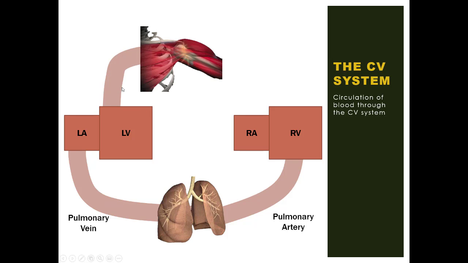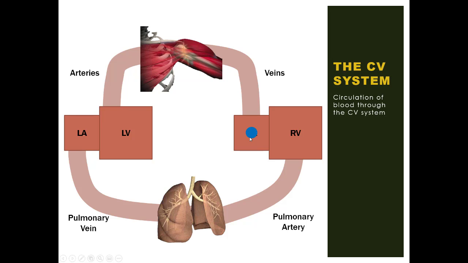More on this in a moment. Now we have more vessels here. We have systemic arteries, so arteries supplying blood to the rest of the body, leaving the left ventricle. And as we mentioned in the previous slide, the arteries will funnel into capillary microvessels surrounding tissue, like muscle as shown here. And then we have venous return through the veins into the right atrium. So let's go ahead and follow blood throughout the system.